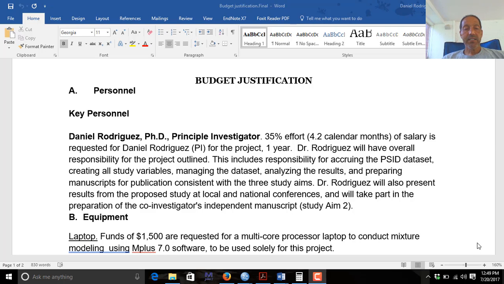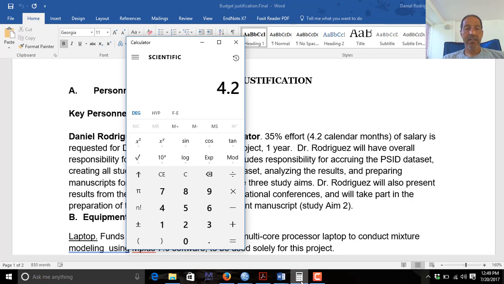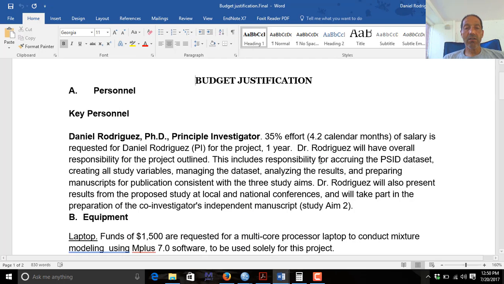So first of all, we had me as the principal investigator. You'll notice that next to my name we have percentage of effort. This indicates what percentage of my time will be used. So if you think about a 40-hour week, it's 35% of that 40 hours per week. So we could take a calculator and multiply 40 times 0.35. This would give me 14 hours of my week that would be devoted to that grant. And so these estimates have to be made.